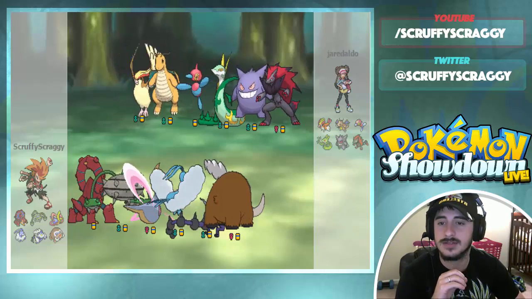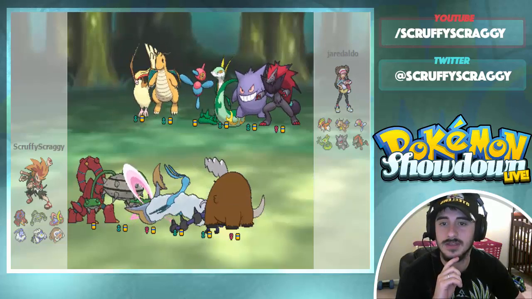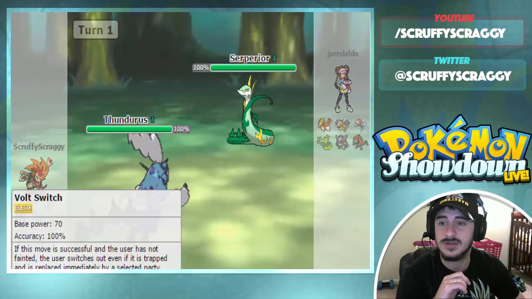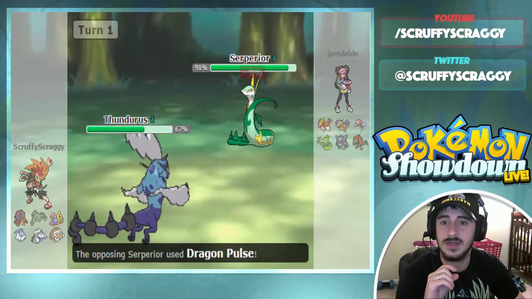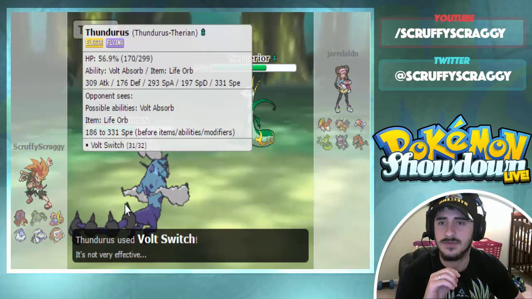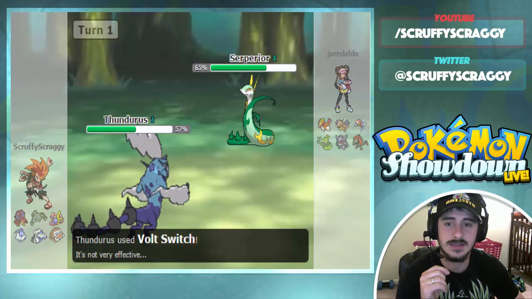But again, we do have the Mega Altaria here, which can do a lot of work, and also we have the Thundurus, which is mostly physical. It does have one form of Volt Switch, so I think I am going to lead off with that as he goes out into the Porygon-Z. Which is actually pretty good, because I am going to Volt Switch, and I can go right into Ferrothorn here. He's actually going to Dragon Pulse, and we see that he is Life Orb, so it does an okay amount. I am Life Orbed as well, and I believe the best thing we can do is go out into Altaria. It can't hit me with the Dragon Pulse. I resist the